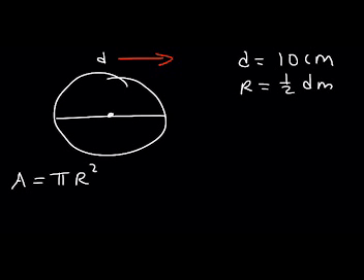So this is the diameter d, and this portion is the radius of the circle. So the radius is